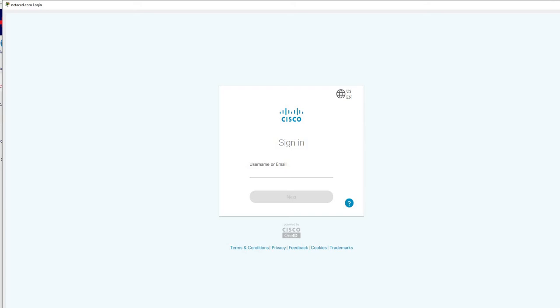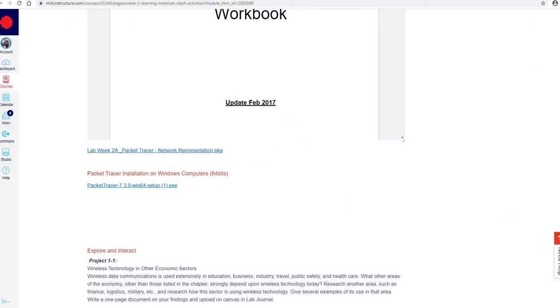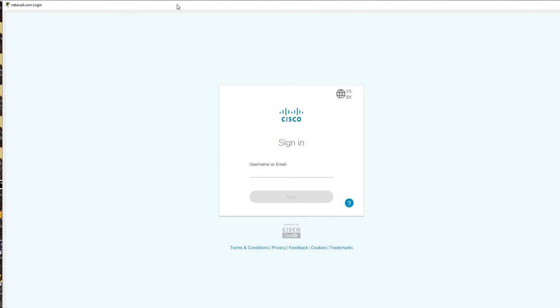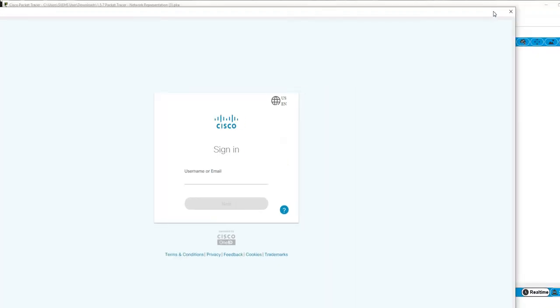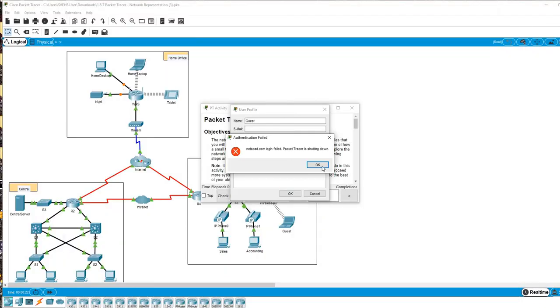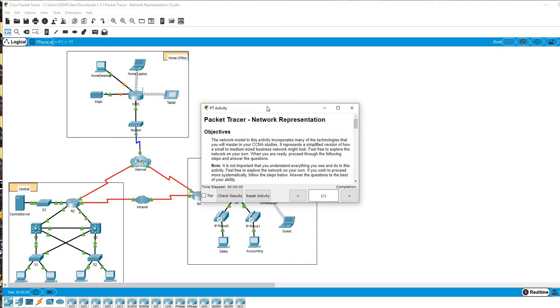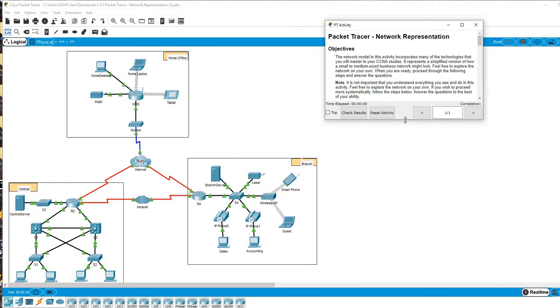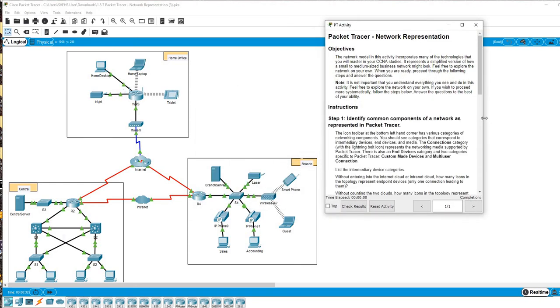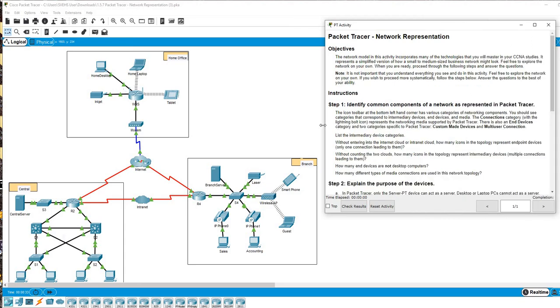You just cancel it. If you cancel that and then say OK here and then cancel here again, yeah, cancel it again. Sorry, because it asks you to have a Cisco user ID. You can create it, but